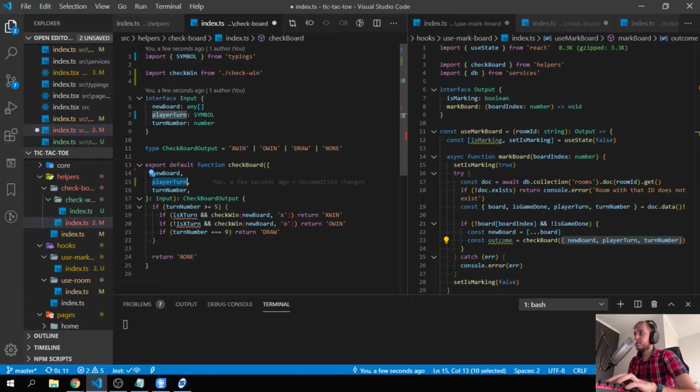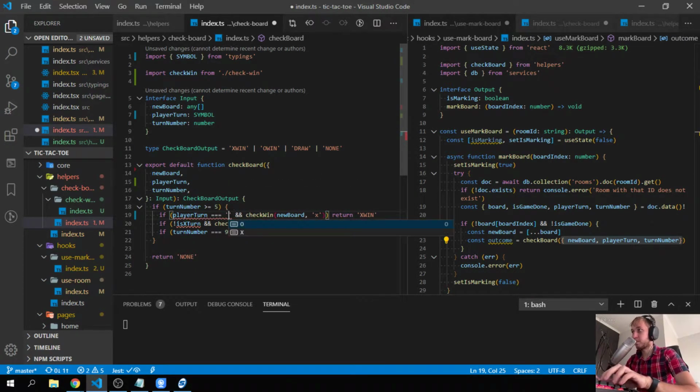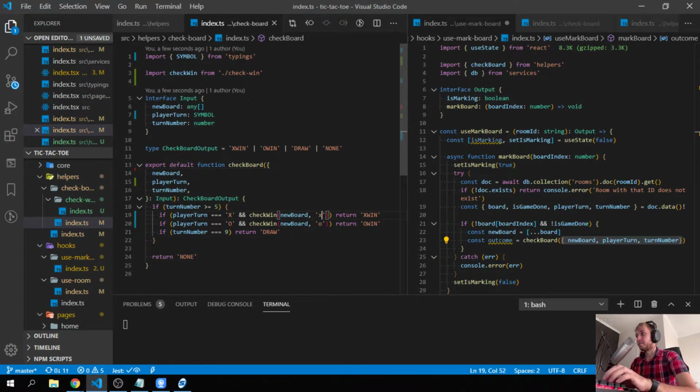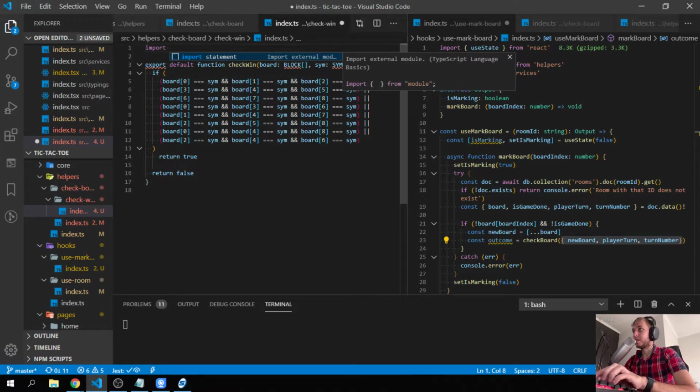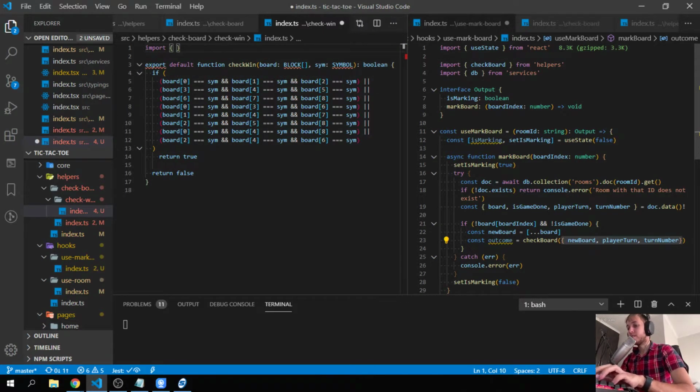Okay, so the player turn. Now in here I'm going to say if player turn equals X, and down here I'm going to say if player turn equals O, like that. I'm going to put in O and O here because we're going to update our check win. So check win is also going to have the symbol, which must come from typings. I think both of them should come from there. So I'm going to import symbol